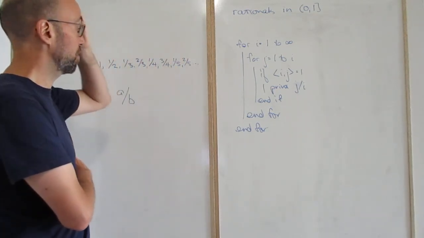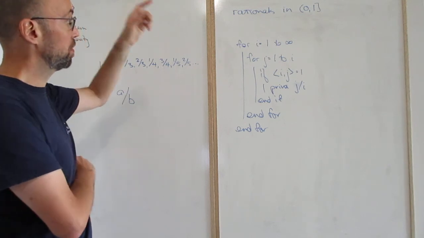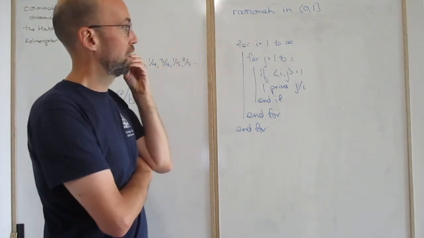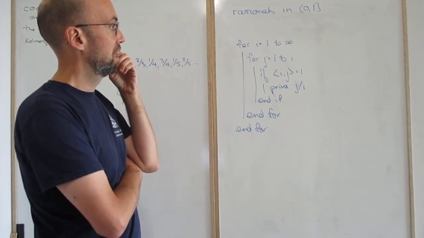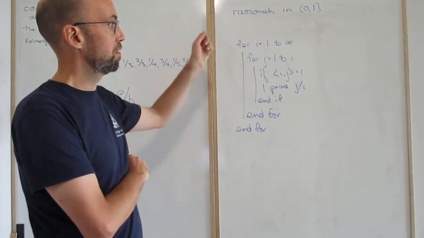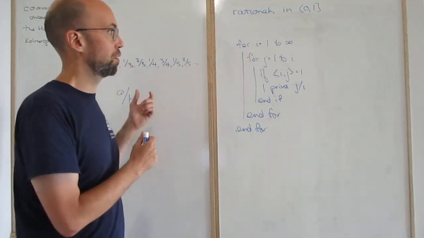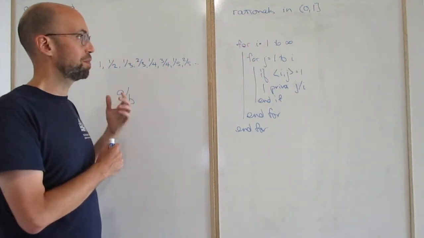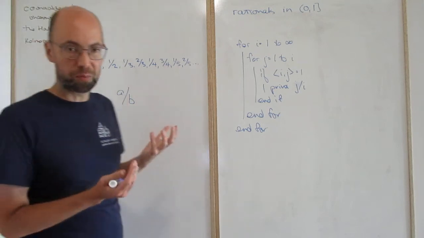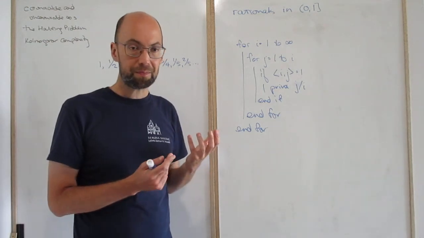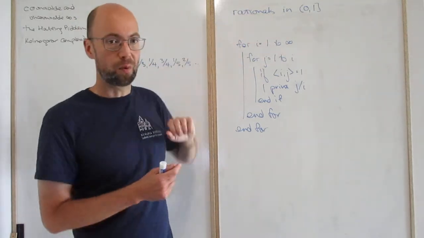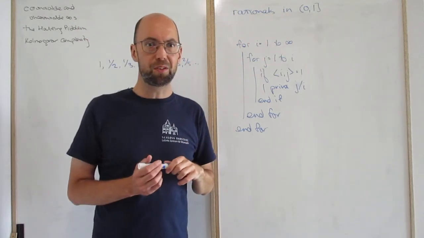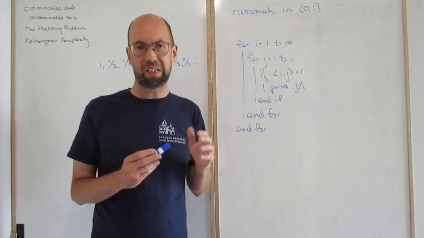if I wanted to list them in increasing order, then I would want to start with the smallest denominator, but there is no smallest denominator. So you sort of get that problem that you had up here, where you'd be saying, okay,